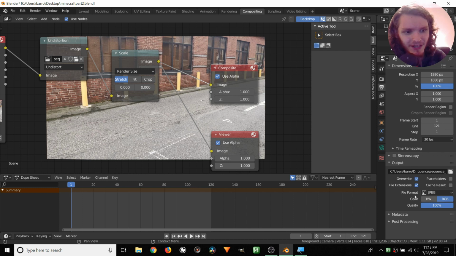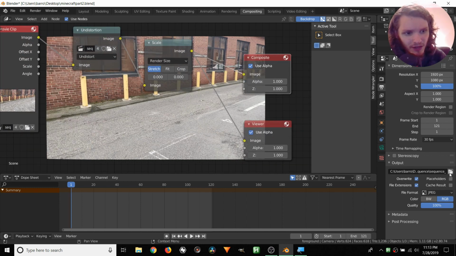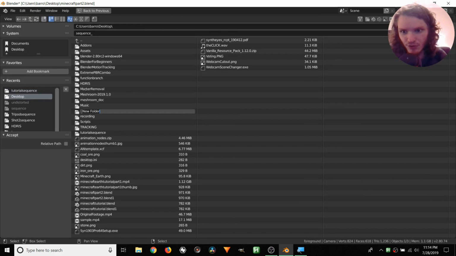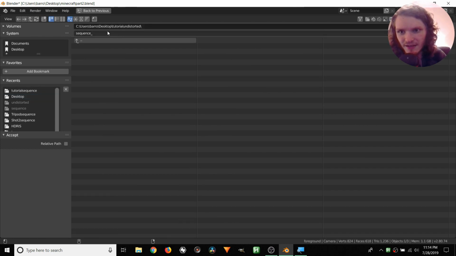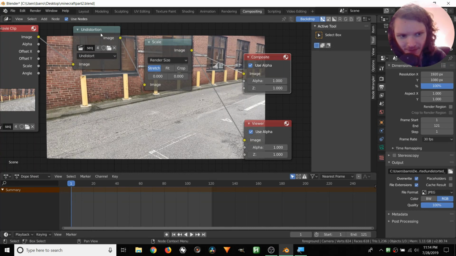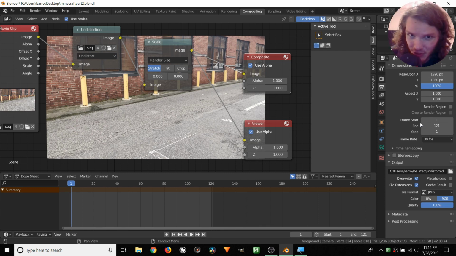Okay, so again, when we hit render, it's going to undistort. It's going to go through this whole node network. And we want to create a new directory for this. So on our desktop, we're going to add a new folder. We can call this tutorial undistorted. And then inside of here, instead of sequence underscore, we can call it undistorted underscore. There are patterns in this tutorial. Everything should be making more and more sense, or you're getting more and more lost, in which case, hopefully tutorial 3 can get you back on board.